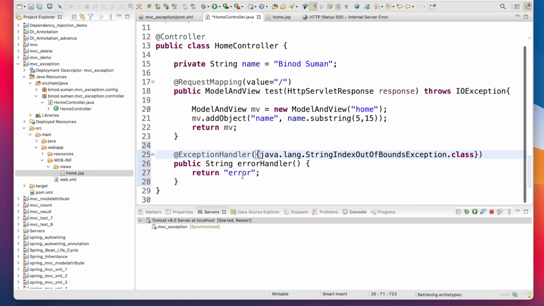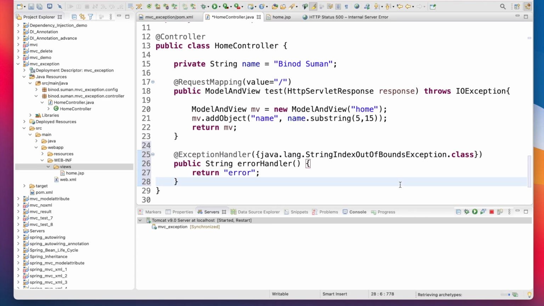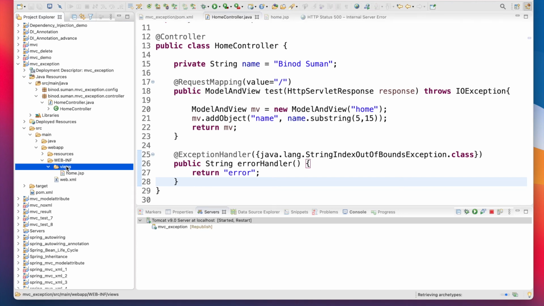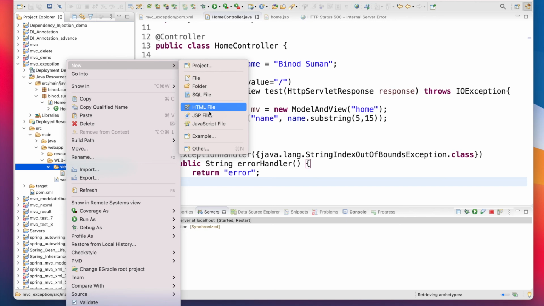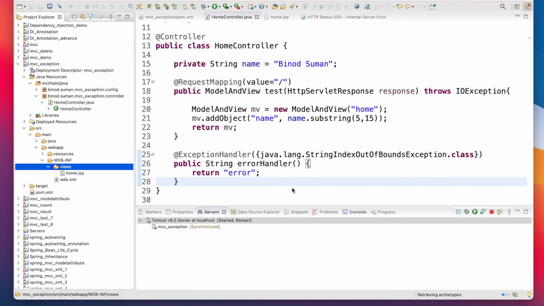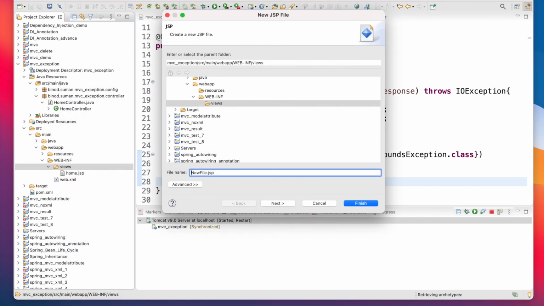So now you need one error page. So I will go to the view. In view I will create one JSP page, and give the name of the JSP page error.jsp.